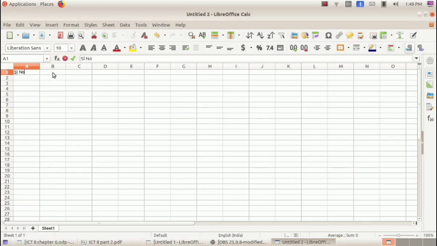Now select the second cell. We can select different cells by clicking on those cells. Also, we can select cells by using the arrow keys in the keyboard. So if I click on the right arrow key, the next cell will be selected. Down arrow key, the cell below that cell will be selected. Then up arrow key, left arrow key. So we can also select the cells by using the arrow keys in the keyboard.